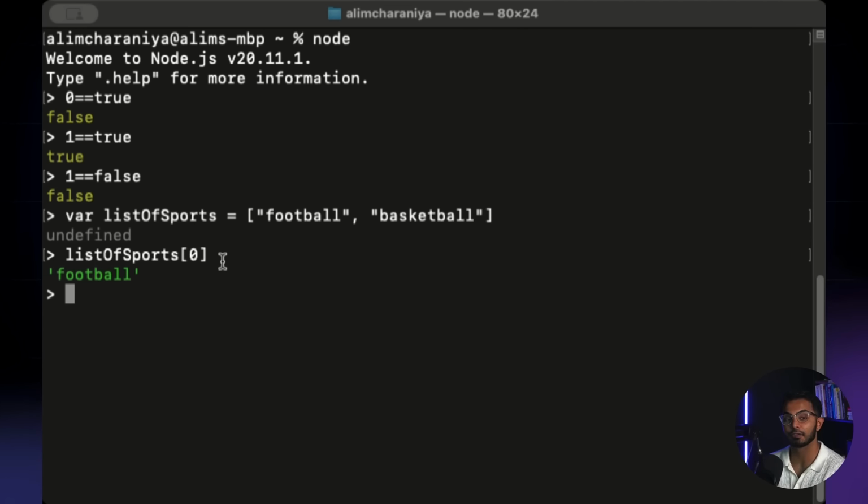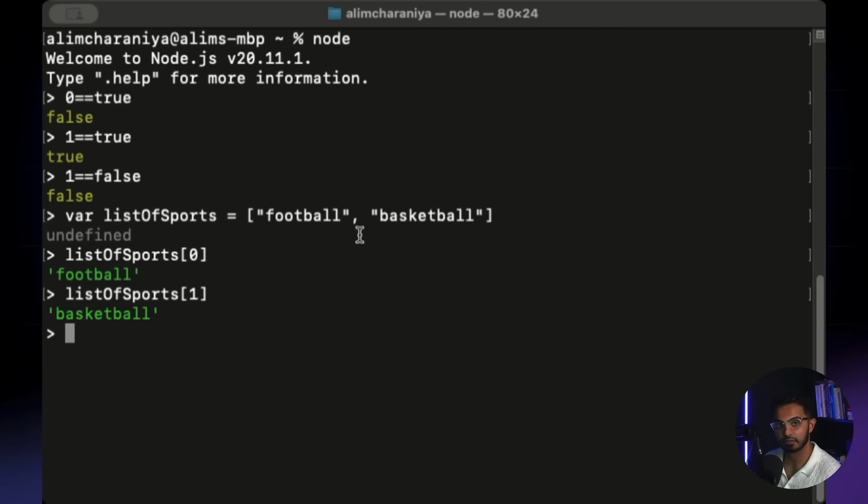You're going to see an option that says get item from index or get index in list. If I say list of sports brackets 1, it's going to give me basketball because basketball is at index 1. So that's what you need to understand here: when you are counting items in a list, you always start from 0.